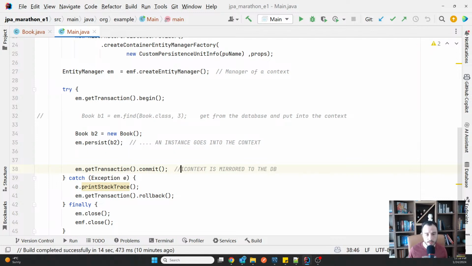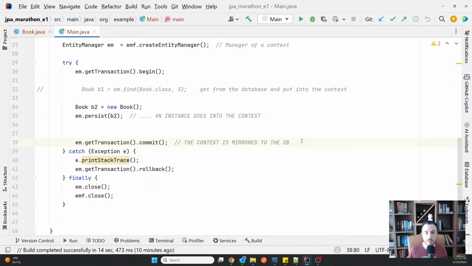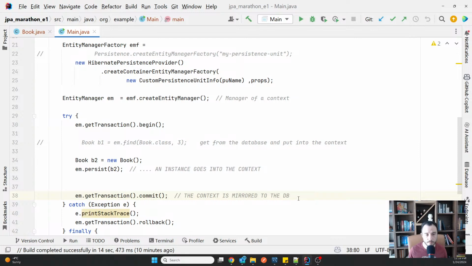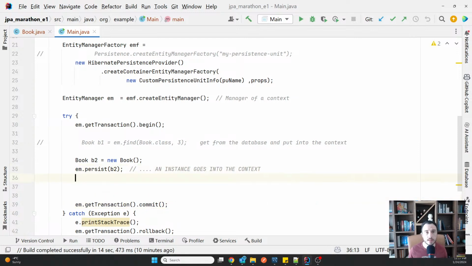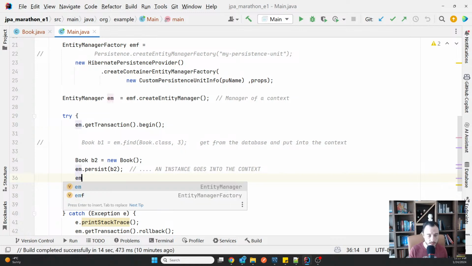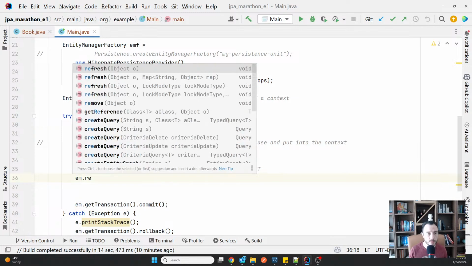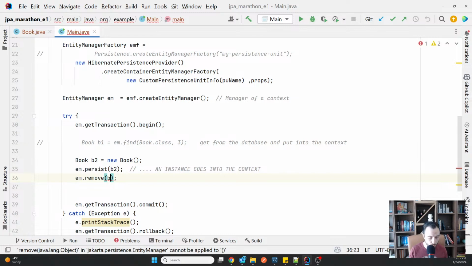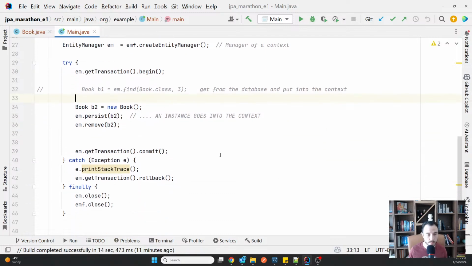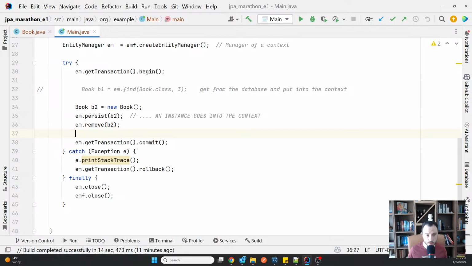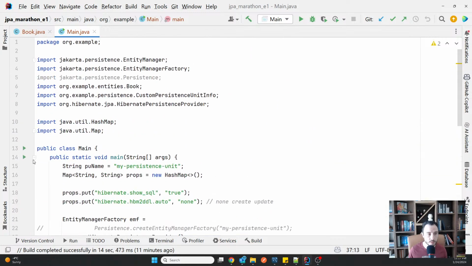So the context managed here is going to be mirrored to a database. And it's important, because guess what can happen if I say persist B2 and then remove B2. Okay, let's run this example a bit.